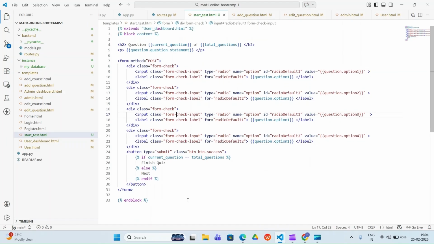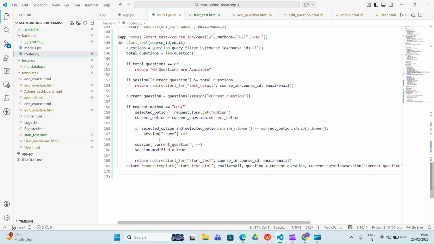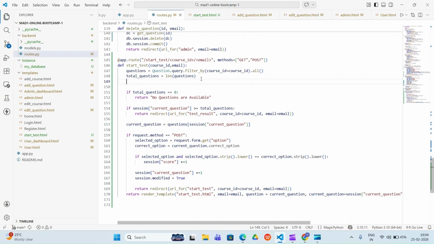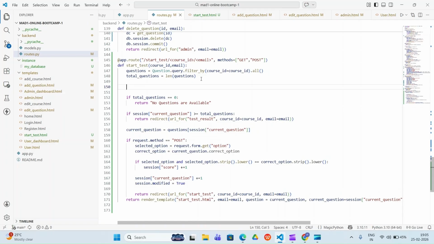Now a few more possibilities are there. So what we are going to do is go to the route section, and now we are going to implement a few more parts into the start test. And what those parts are: let's say someone goes for the restart, and maybe the question which is going to be selected is not there in the session, or maybe the particular course id which has been selected is not there, so there is no question for that. All these possibilities are there. So now we are implementing for the restart.